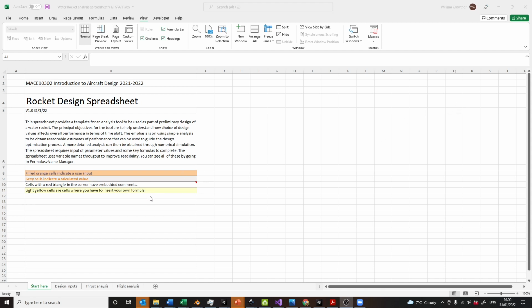Okay, what else do we need to know? In terms of using Excel for design, one thing that's really useful is to create variable names for variables. So rather than using cell references like C7, why don't we call it atmospheric pressure or launch pressure and so on. And in this spreadsheet I've set up a number of names of variables, and to see what they are,